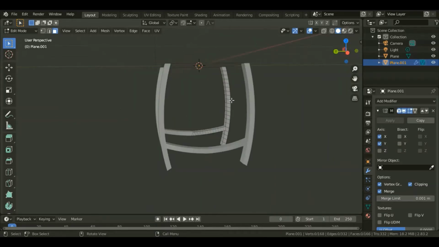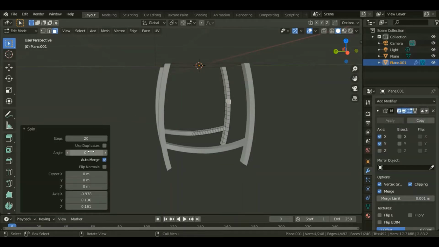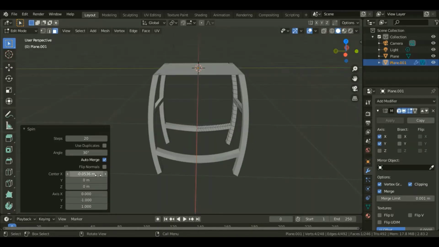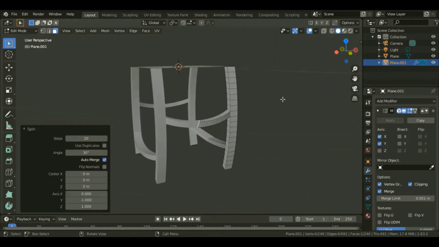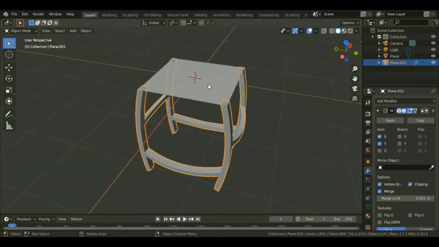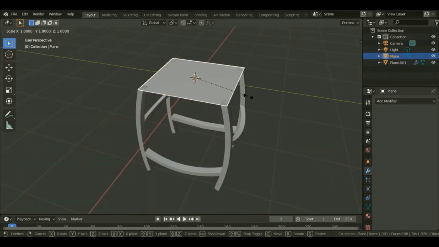Now select that face too, that one. Hit F3 to search for spin. Play around with the values. For the angle, give it a positive one. Reset those values for the center and the axis. Right there. In object mode, select that one and scale up along both the x and y axis up to